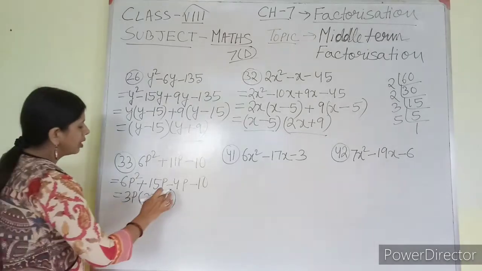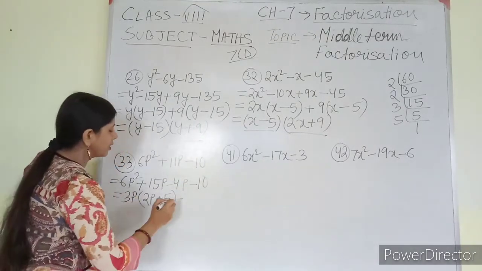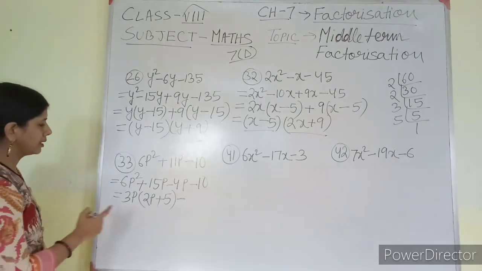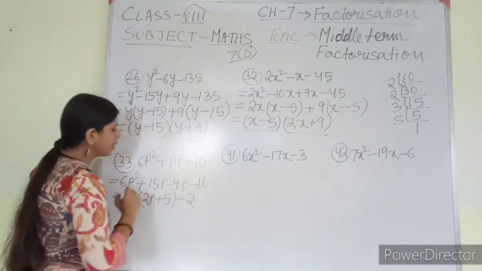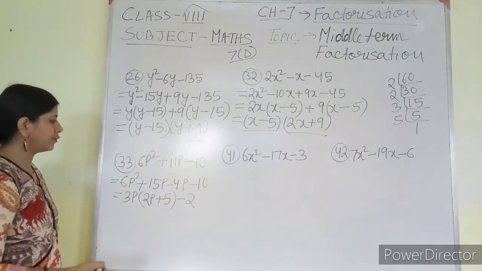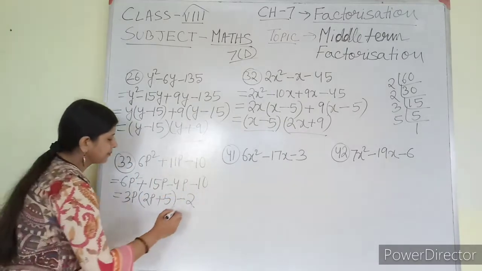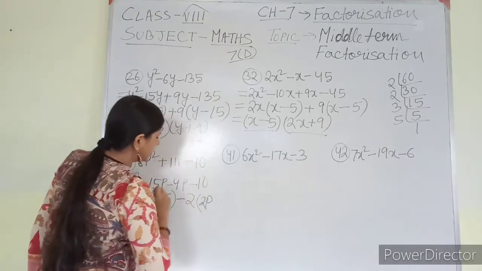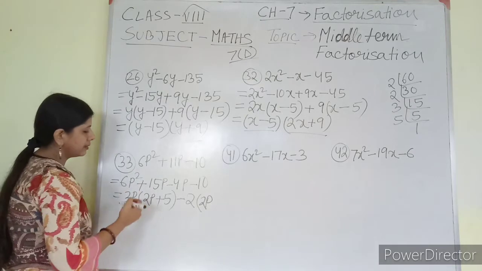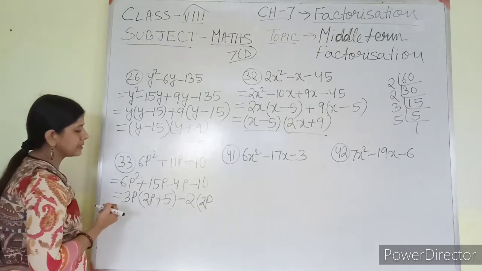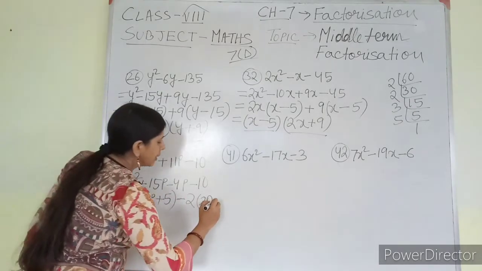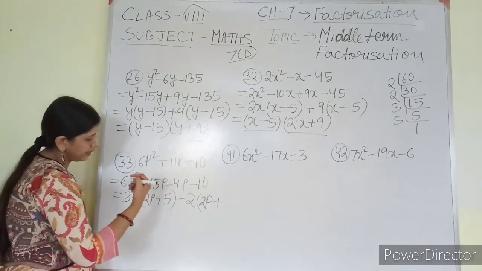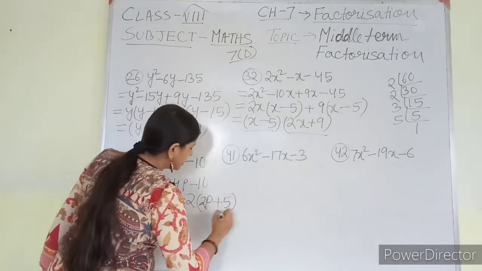Understood? Now, I am taking the minus sign common, as both have a negative sign. Again, I can take 2 as common because 2 is a factor of 4 and 2 is a factor of 10. So what is left here? Here 2p is left. And here, as the minus sign is already taken common, the sign will be plus. Out of 10, 2 into 5 is 10, 2 is taken, so 5 is left.